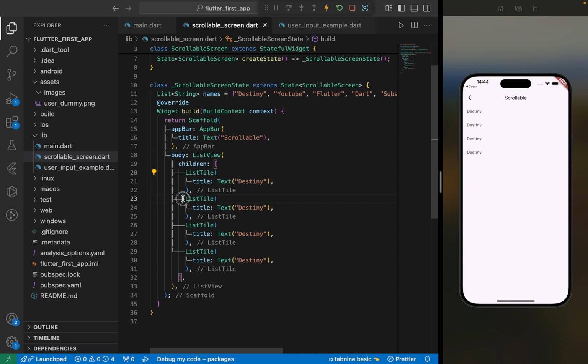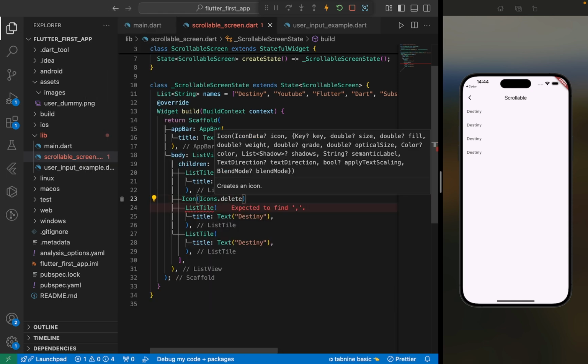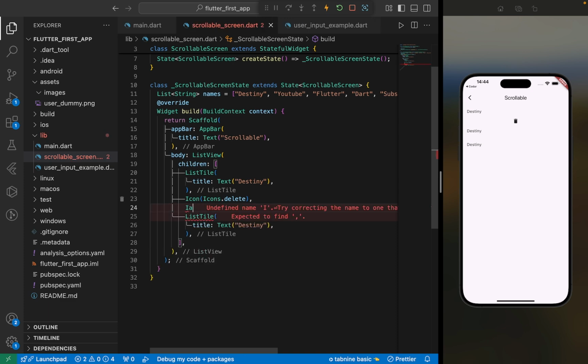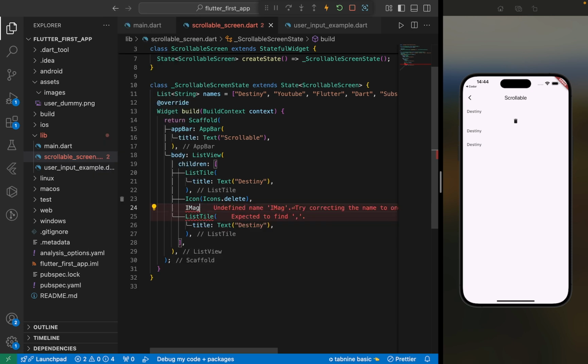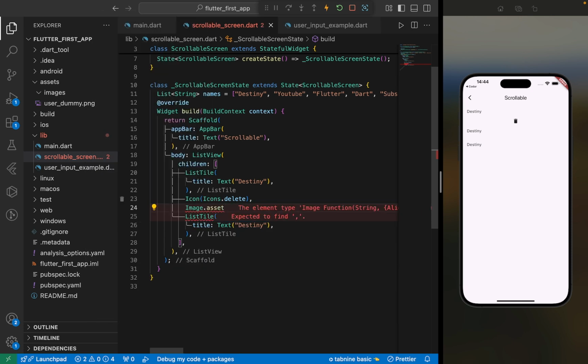Maybe you want to display a list tile here. You also want to display an icon. Let's just say icons dot add. You want to display unique items inside. You can do it like this. You can create something else, like maybe an image. I think we have an image here already. Let's use our image. Image.asset